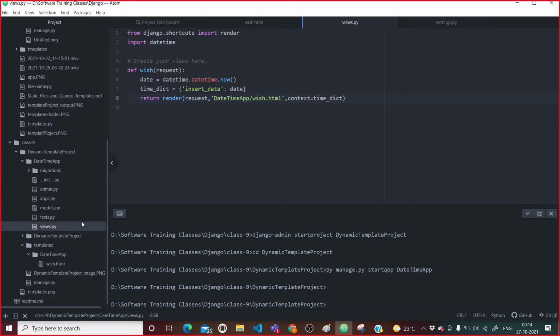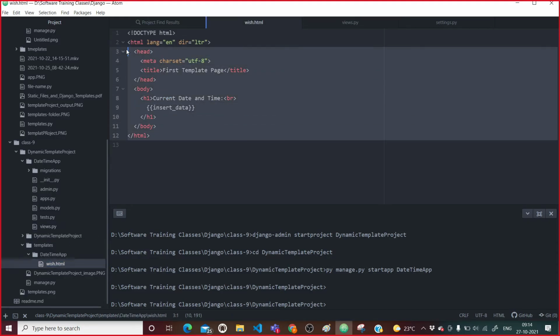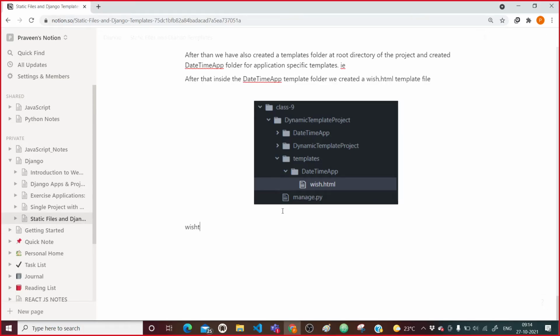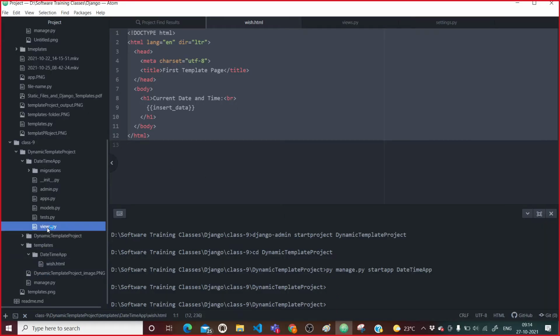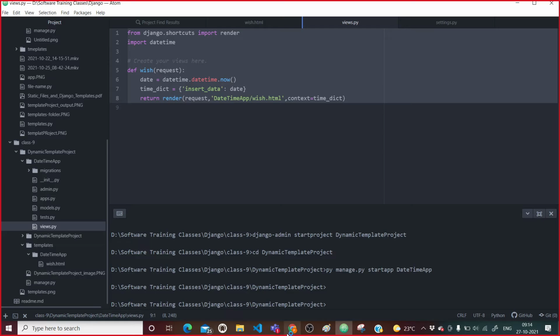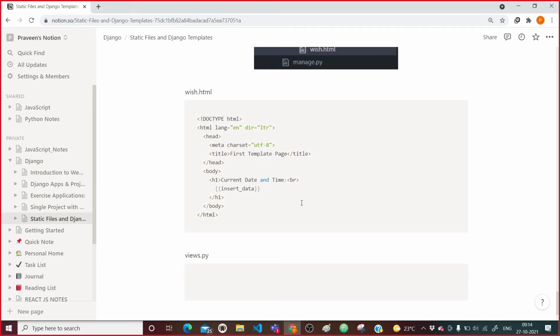First of all, I will come here, copy this, and paste it as vis.html. After that, views.py code: I will come to the views.py file, copy all and paste it here.